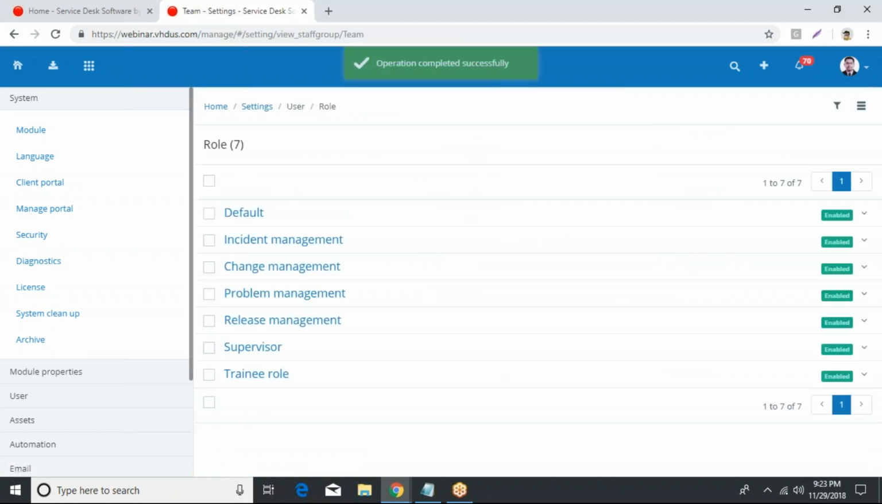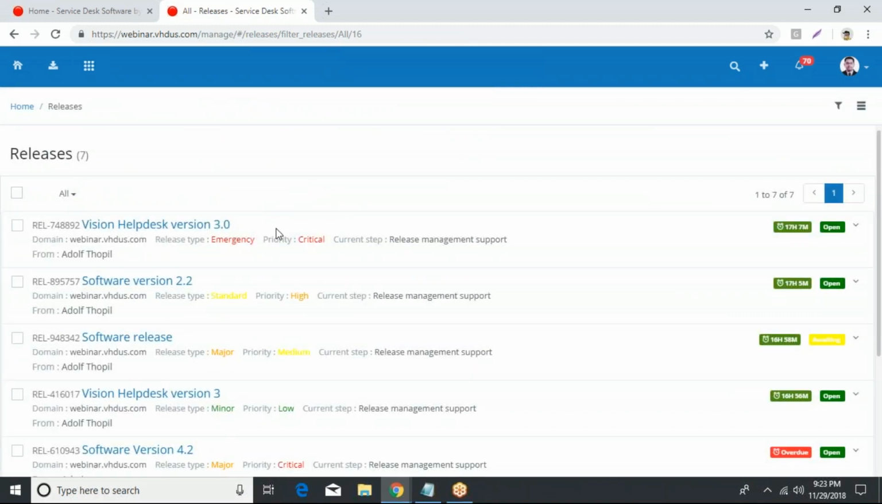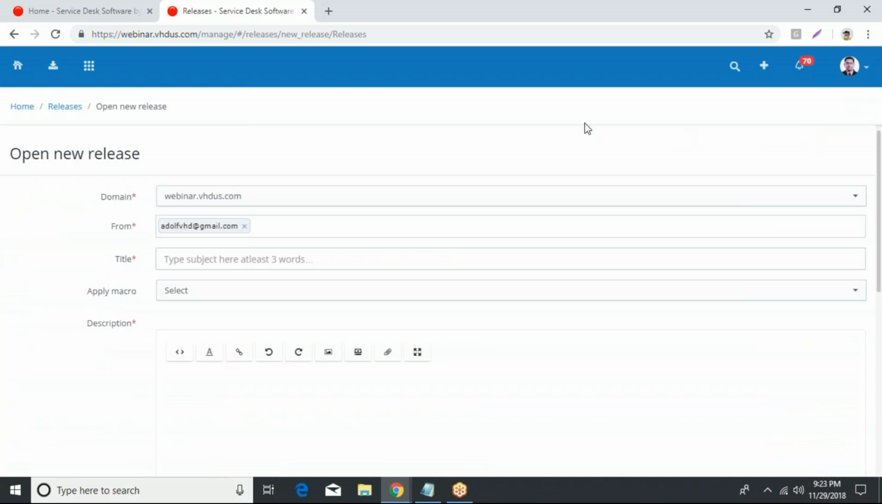So once you have defined and given yourself proper access in that role, then you can come to this release module. Now here you can add a release. To add a release, you need to click on this drop down and just click on this add release. So over here, once you're in the add release, here you need to define under which domain you want to add this release,